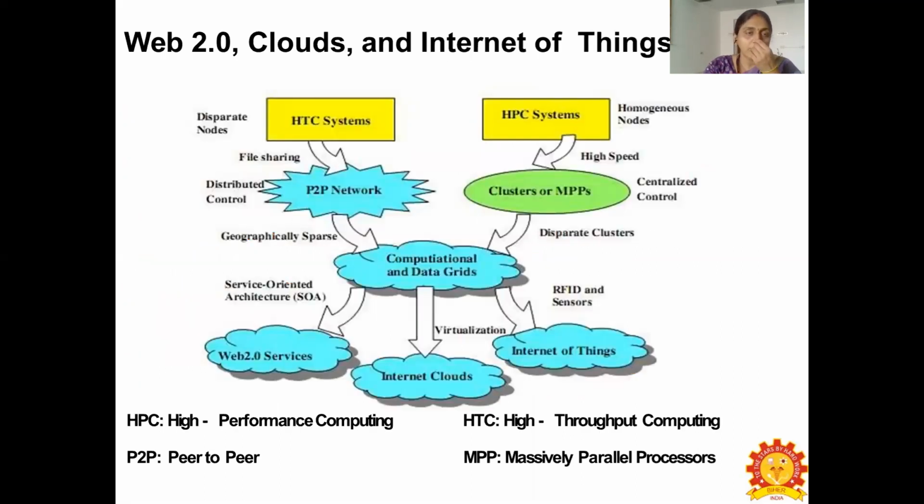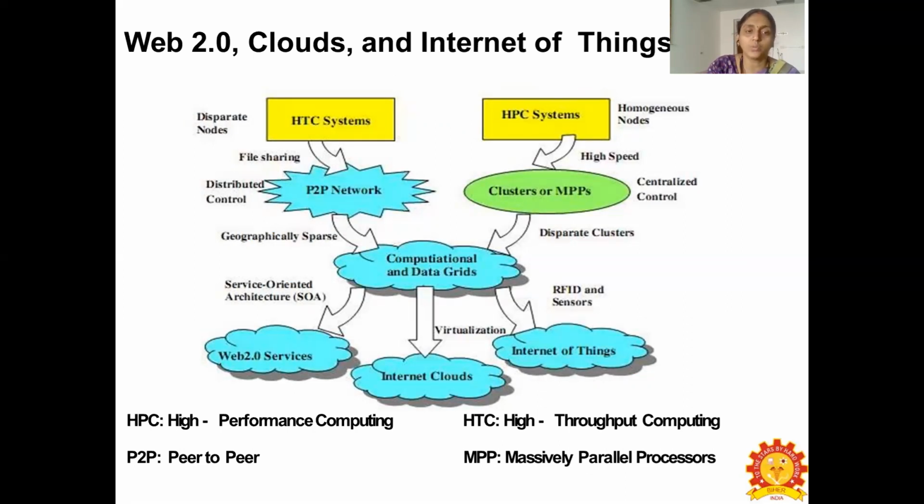And here is the Web 2.0 clouds and Internet of Things all involved in this architectural diagram. So first in the topmost here is the HTC system disparate nodes and the homogeneous nodes HPC systems are given. So the high performance computing, so here handle the data in clusters or MPPs. So which has a centralized control. And the traditional network is given on the left side, which is P2P network where the file sharing is done